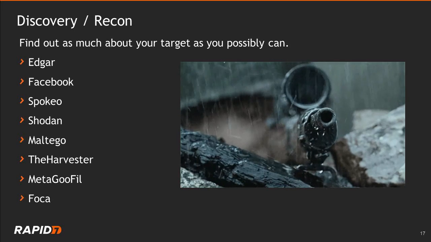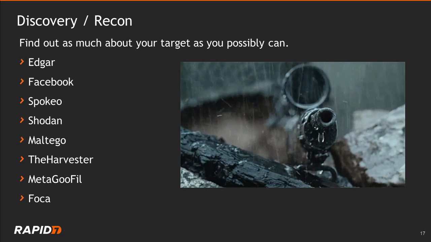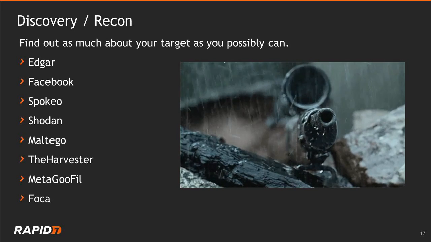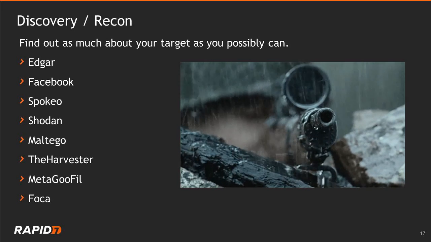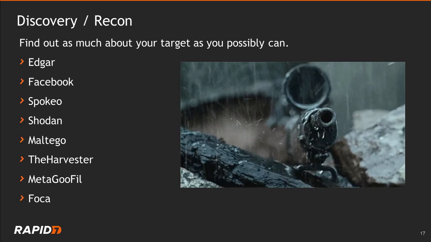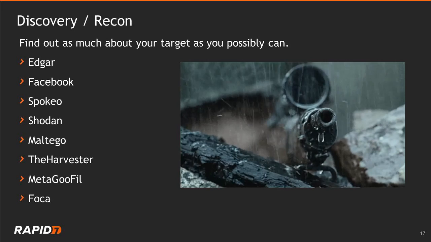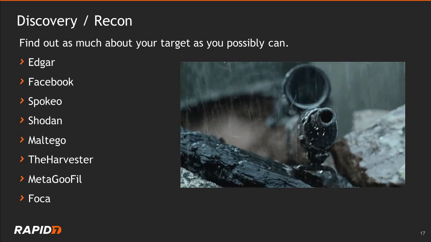And FOCA is essentially the same thing, except what it'll do is find publicly accessible documents on the internet. For example, if your organization publishes docs or PDFs or Excel spreadsheets, or makes public documents available in a quiet place on the internet that you may not have told a lot of people about, but maybe Google has found, FOCA is a tool that will fetch all of these pieces of documentation,